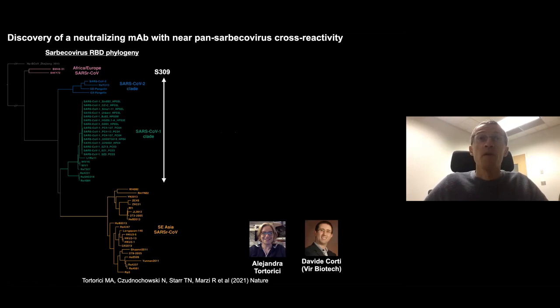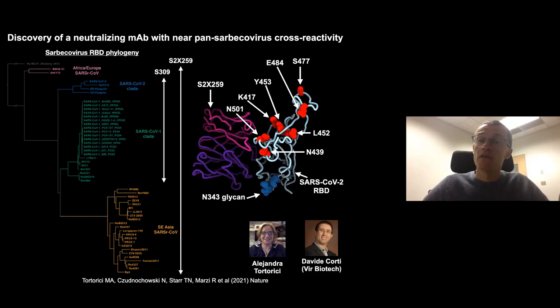Ali in the lab found an antibody that cross-reacts with all 4 clades of the SARS-CoV virus subgenus called S2X259, and determined the structure of this antibody bound to the spike. And here, focusing on just the RBD part, we can see that the antibody binds onto the core RBD, away from the receptor binding motif, mostly away, to an epitope that is highly conserved across SARS-CoV viruses, explaining cross-reactivity. And it remains away from all the mutational hotspots shown in red that are found in SARS-CoV-2 variants.